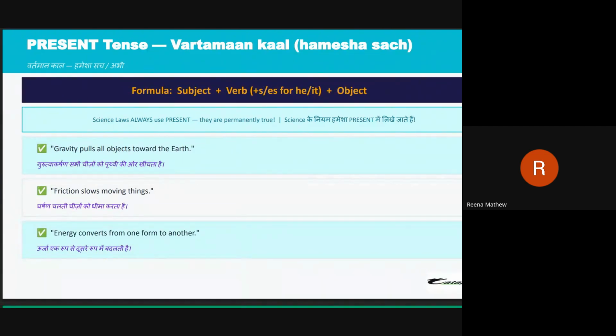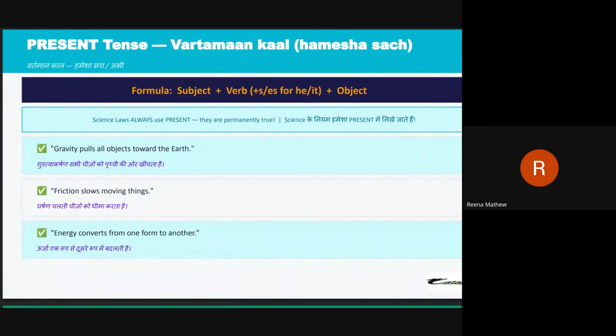Pulls, very good. So the base form was pulled, right? So the base form is pulled, and then you added an s to make it present tense. Okay, that is how you make verbs into present tense. Okay, we'll move to the next slide.